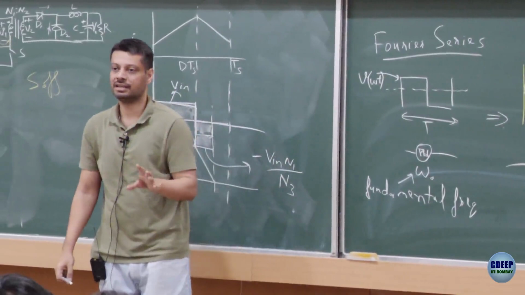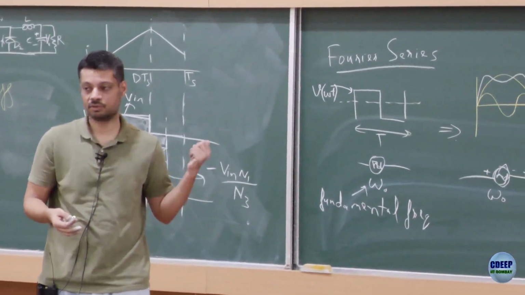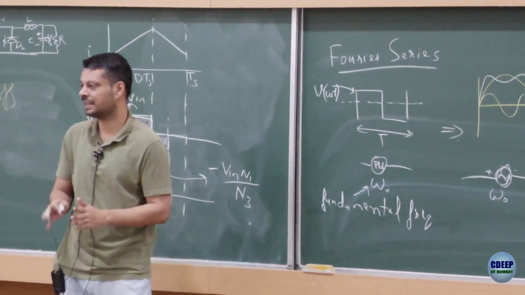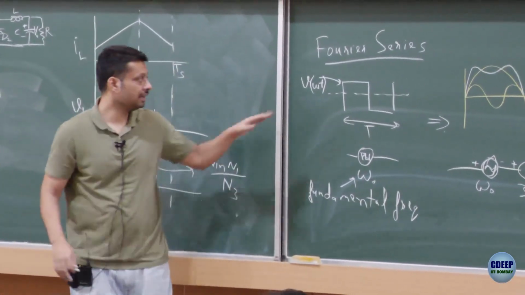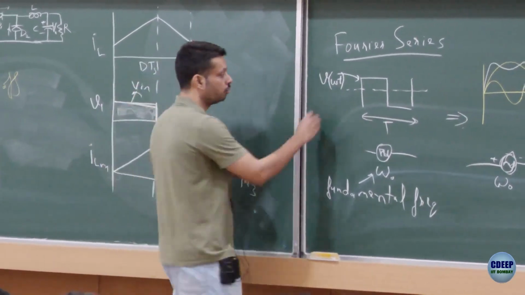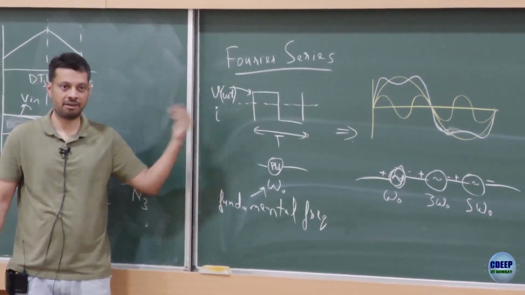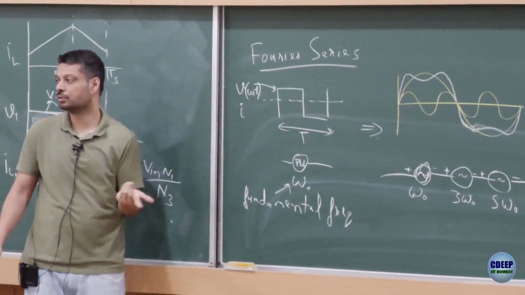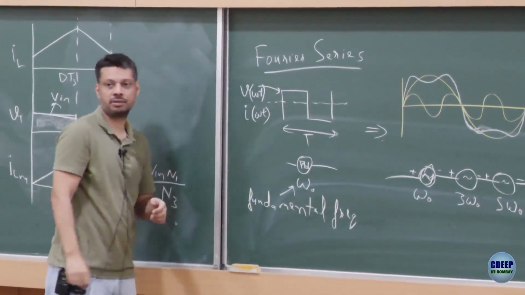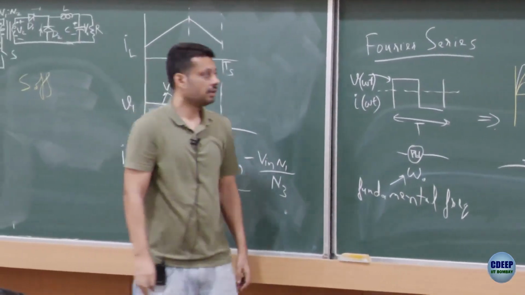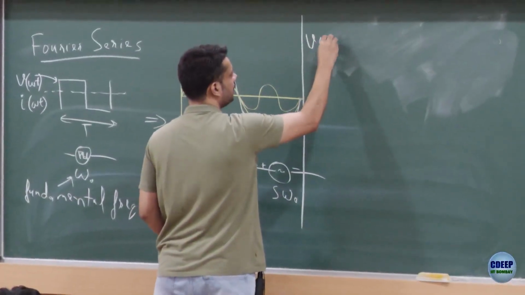When you have read it in signals and systems or in mathematics, this was just some f of x, this waveform. Now it's not f of x, it's precise. So either we are going to talk about a voltage waveform or a current waveform, so it would be either V or I. And the variable x, now our x-axis, we call it omega into t. So it would be either I of omega t or V of omega t, one of these terms.